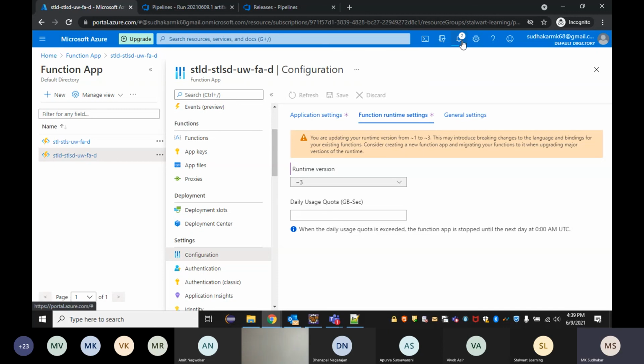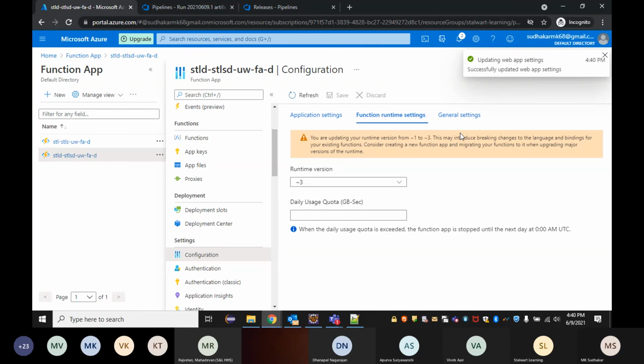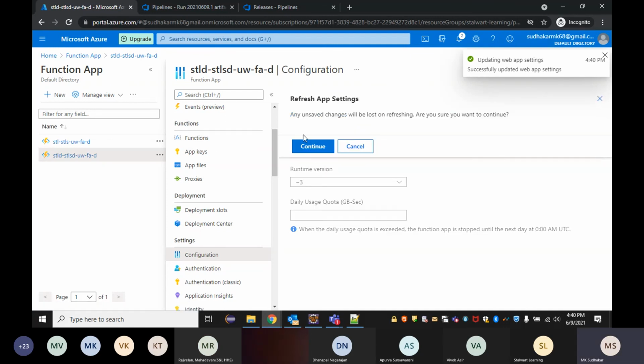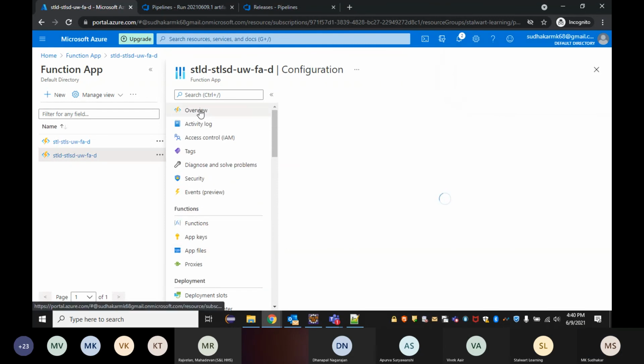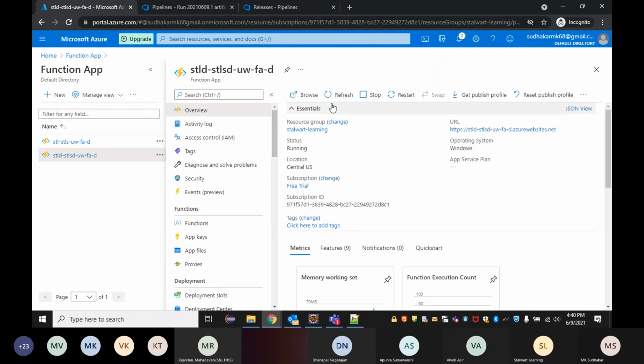It is trying to save. Once it is saved, we'll run the function trigger. Yes, it is updated. Now let's just refresh this. Sorry, I'll refresh my function app now.